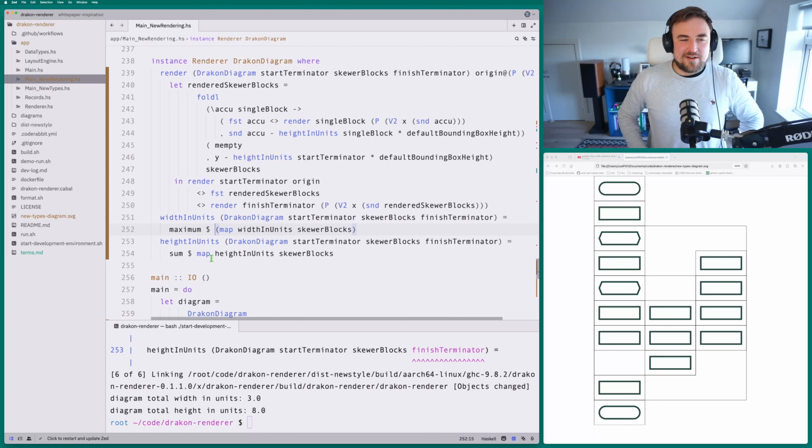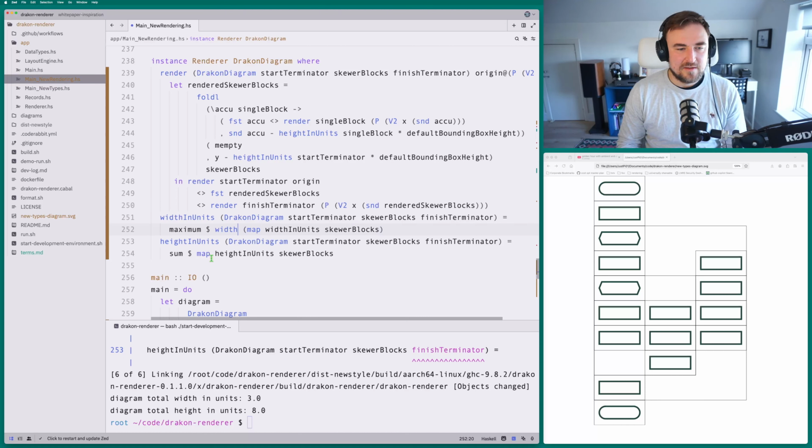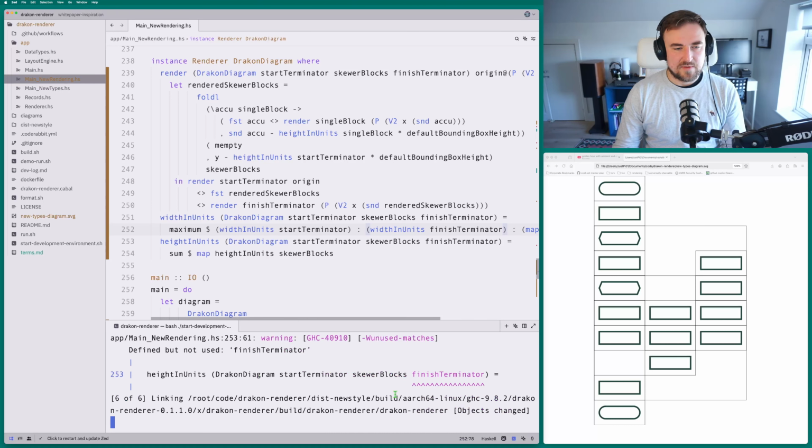So just to have a clear conscience, let's do... this is a map of numbers, so we can't do that. Okay. So that's width, and